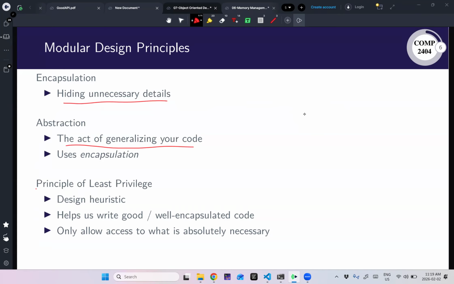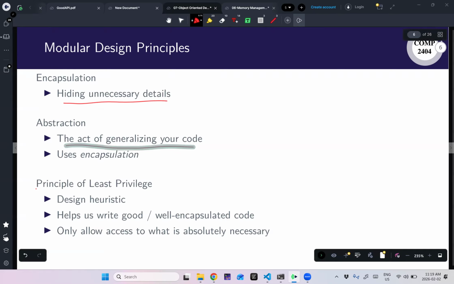So for example, when I say open a file in C++ or whatever language, there's a lot happening, right? There's a lot of low-level code being run. There's a lot of details that you don't really care about. And that's abstraction. I don't need to know how my SSD works. I just need to be able to open a file on it and write data and read data from it. All right, so that's abstraction and encapsulation.